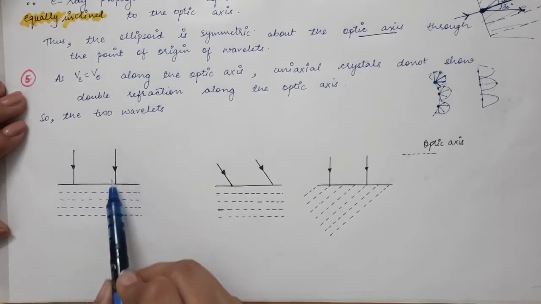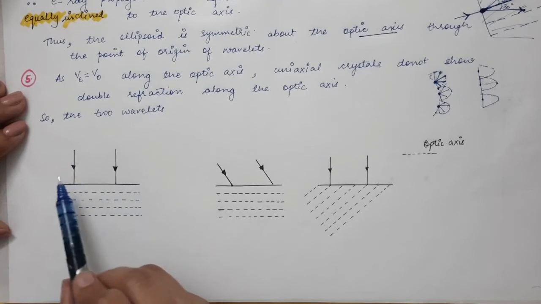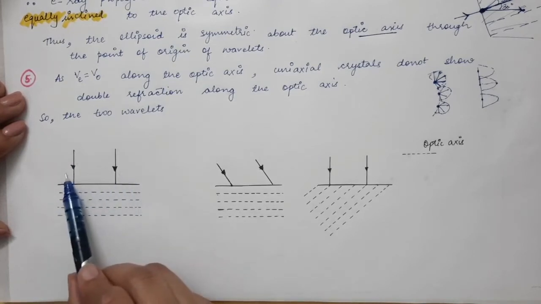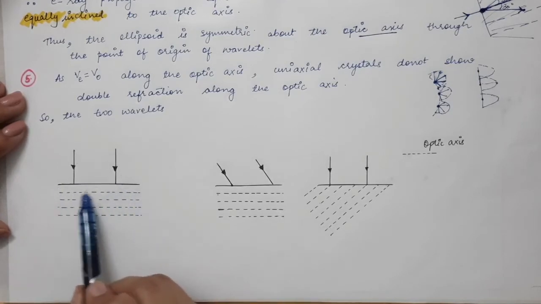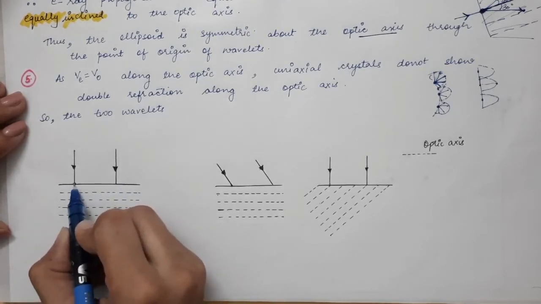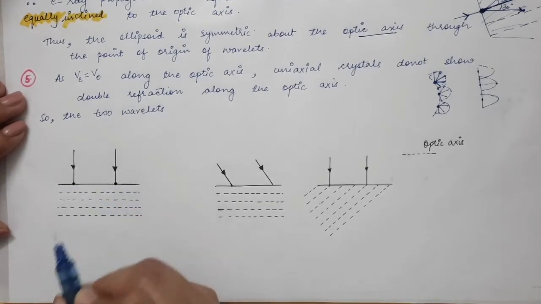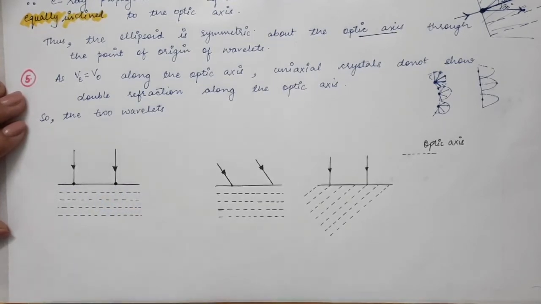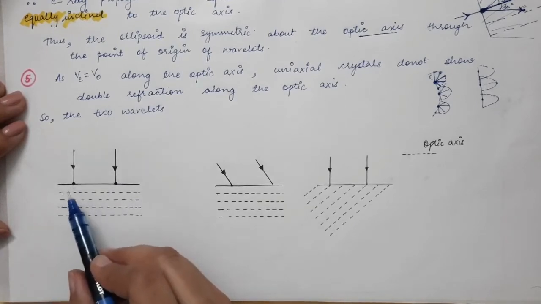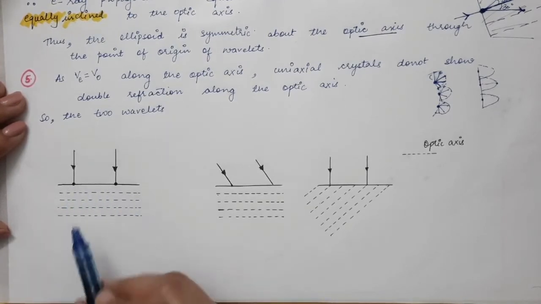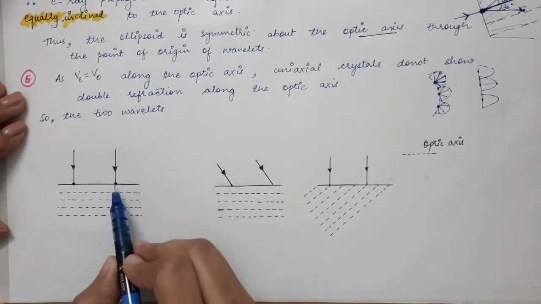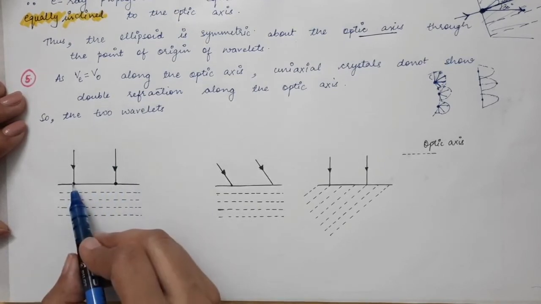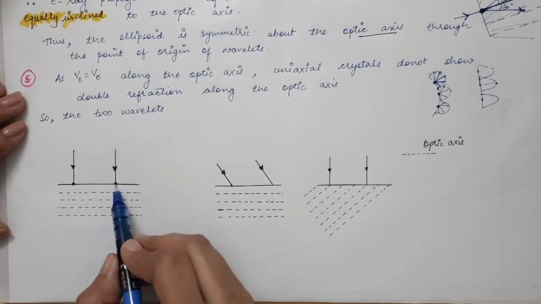This is the incident light which is falling on the crystal surface. Here we have a plane wavefront falling on the crystal surface. When the incident wavefront falls on the crystal surface, every point on the crystal surface becomes the origin of new, or secondary, wavelets. So two wavelets will be emitted from these two points. There will be a large number of rays falling, but for simplicity I have shown only two light rays. This point will become the source of secondary wavelets. Similarly, this point will become a new source of secondary wavelets.